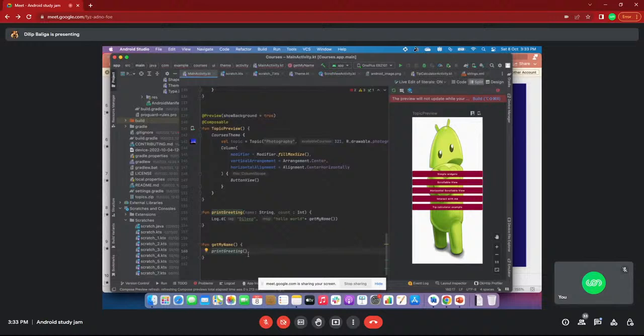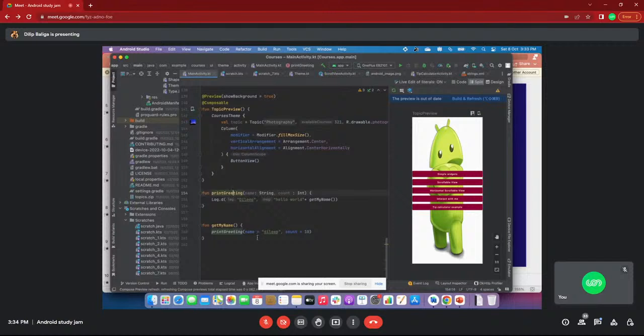Now name equal to Dilip, and count equal to 10. This name is directly assigned to this variable. I'm calling this function, name is directly assigned to this variable, and 10 is assigned to the count variable.